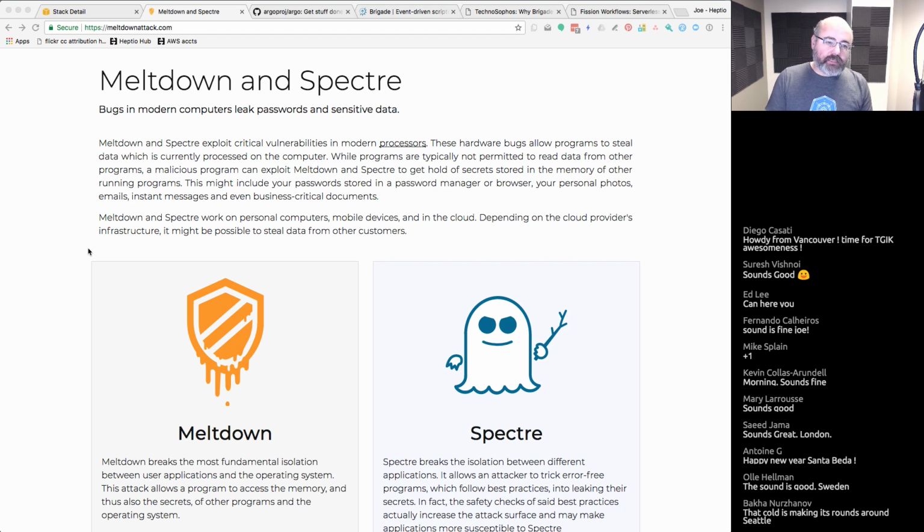And like I said, I still think that folks are figuring out what all that means. So first of all, a side channel attack is where you have two programs running next to each other on a piece of hardware, and without directly communicating between them, they impact that hardware to the point where you can actually glean information from one program to the other. And a lot of times this comes down to timing, where you can do something,